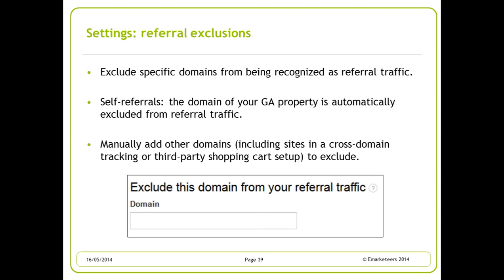Those kinds of referrals you can now exclude, so they won't pop up in your referral list anymore. Your own domain, for example, is automatically filtered. Very useful and something that was quite cumbersome before.